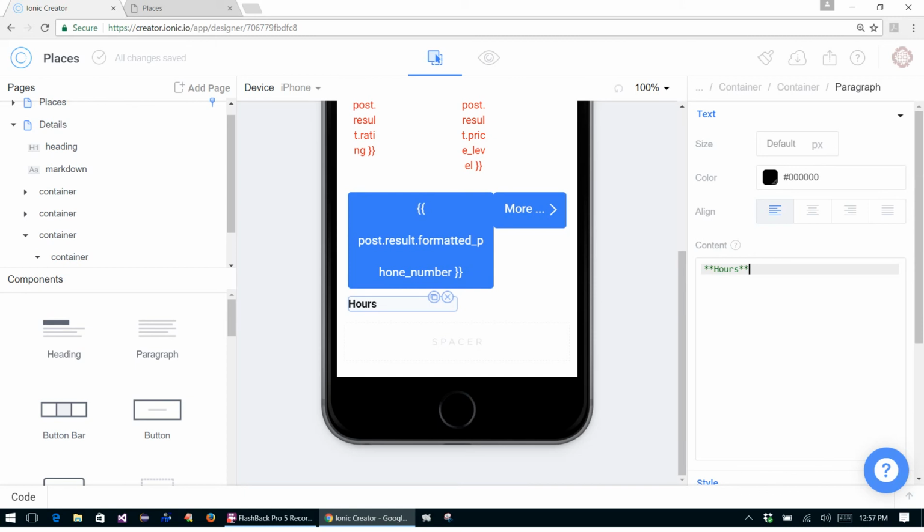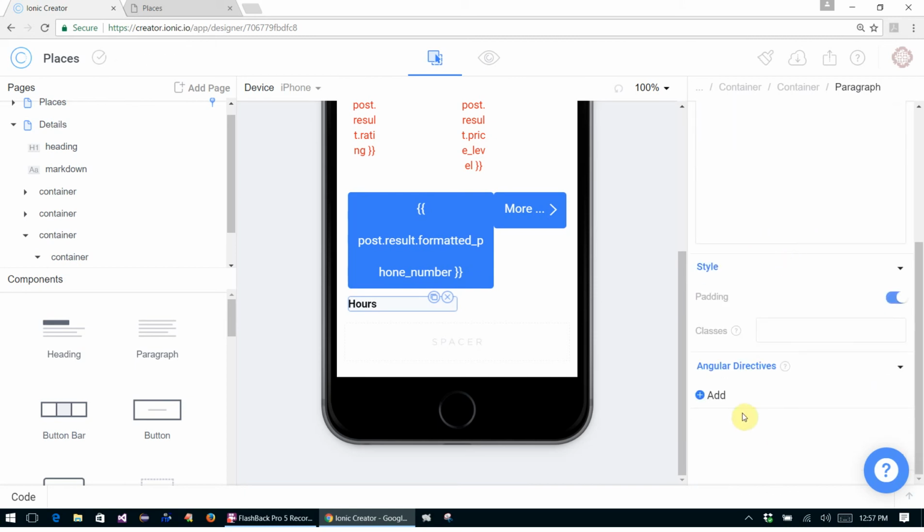And let's put an Angular directive, which we will add later. If you have the free version, ng-hide hours. It's possible we don't get back any hours. Okay. Next, we're going to